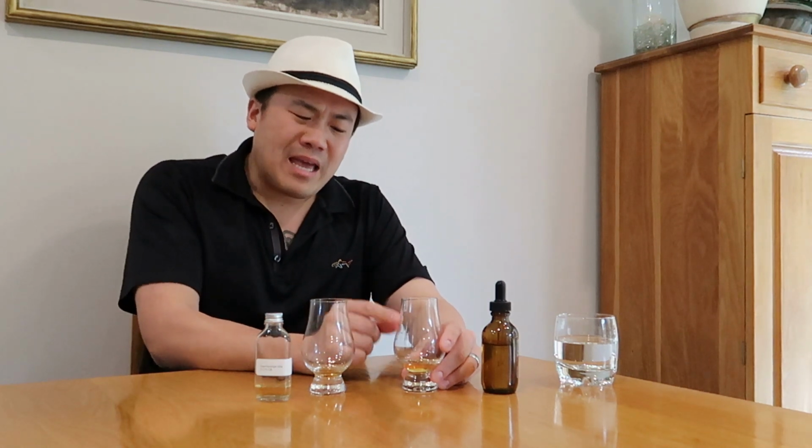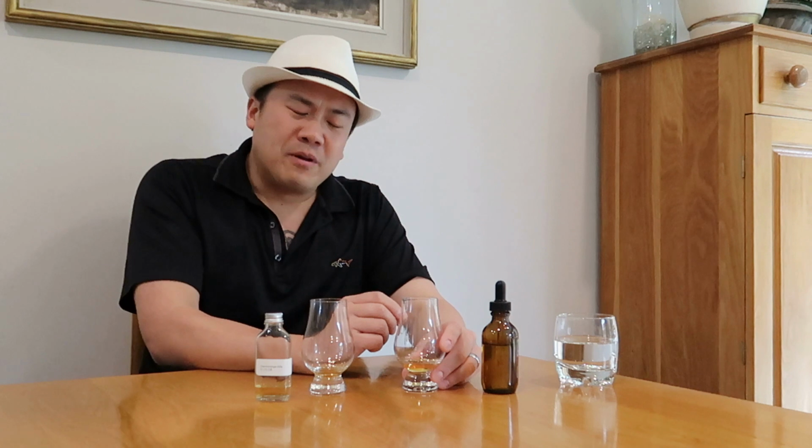I start to get a little bit kind of herbal right in the back end with the water. I'm getting a little bit of fresh cut grass, like a green leaf kind of smell. But overall, it is a fruity, sweet dram. And with the water, it is quite